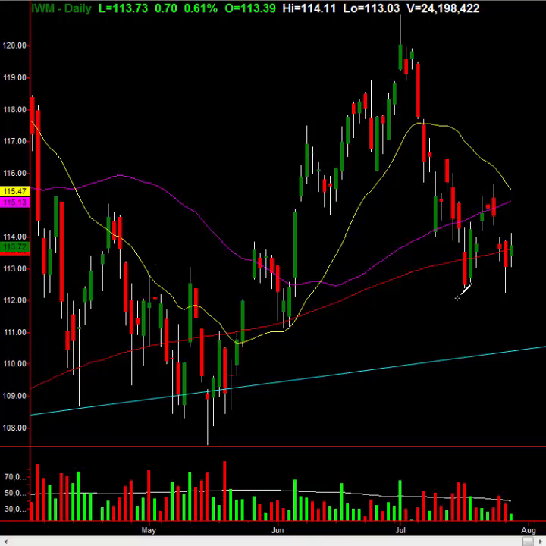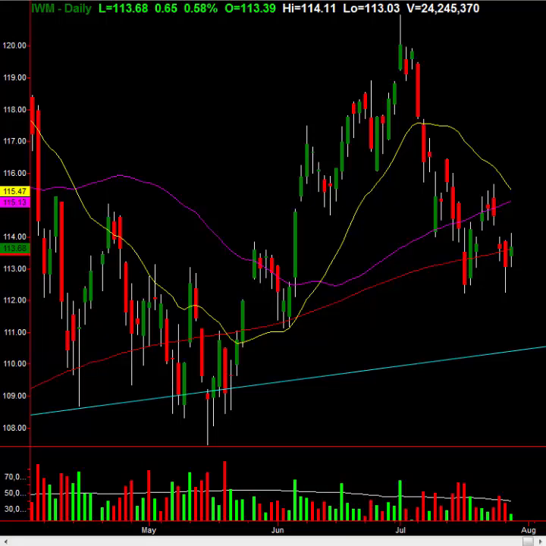Remember, small caps are the first ones for people to exit, and you're seeing it start here. Okay? Then you start looking for the S&P. And this, again, as I said, is already beginning to form. Question is, can they pop into those even numbers first before it takes real hold? And that's something we'll be watching very, very closely. Okay, so that's what we have going on there, guys.